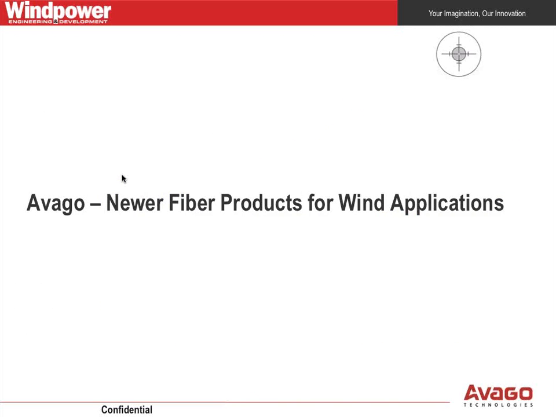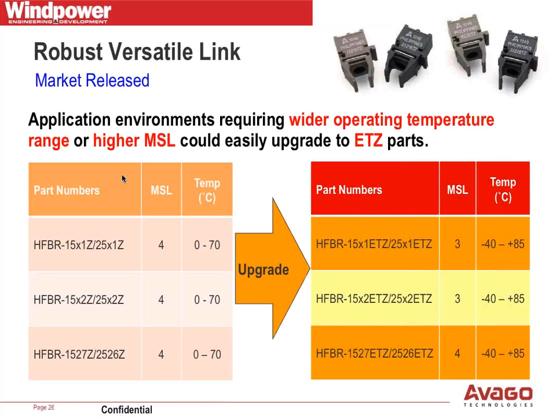So, what products do we have coming out or recently released that enhance our position now in the alternative energy space? Traditionally, these versatile link products, the ones that have the little jowls on the side of them, were only optically spec'd. The optical link parameters themselves were historically spec'd to a limitation of 0 to 70. The parts themselves were guaranteed to operate minus 40 to 85, but the optical parameters were only spec'd 0 to